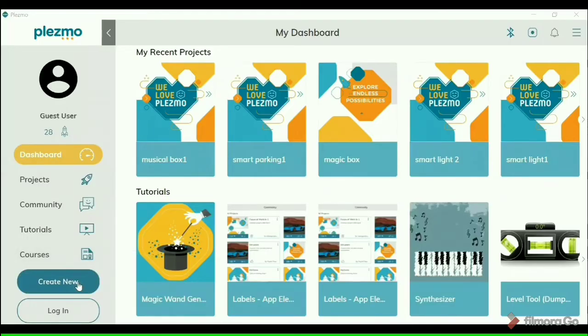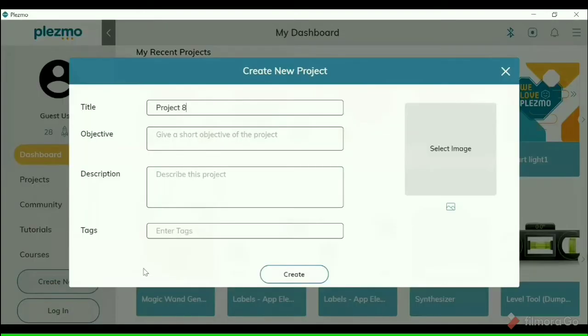To create a new project, we are going to click here, and as we are making a musical box, we are going to give the title like that only, musical box. Okay. The objective is to explore more elements of Plasmo.